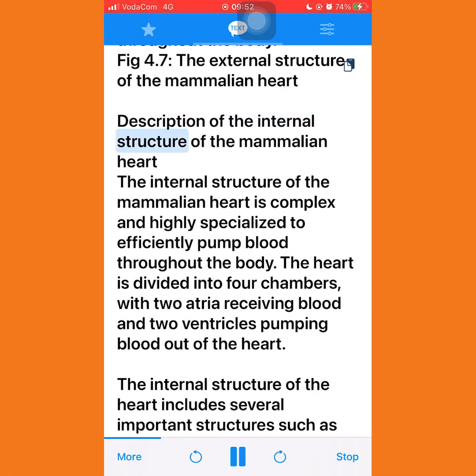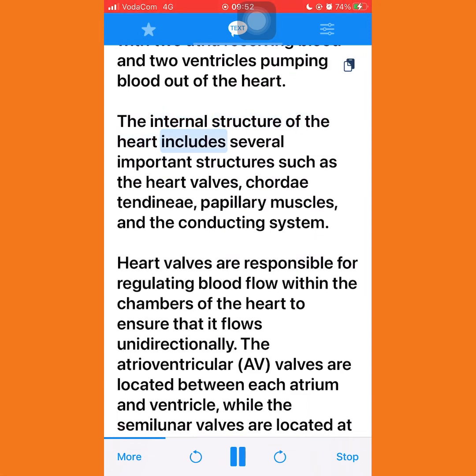Description of the internal structure of the mammalian heart. The internal structure of the mammalian heart is complex and highly specialized to efficiently pump blood throughout the body. The heart is divided into four chambers, with two atria receiving blood and two ventricles pumping blood out of the heart. The internal structure of the heart includes several important structures such as the heart valves, chordae tendineae, papillary muscles,